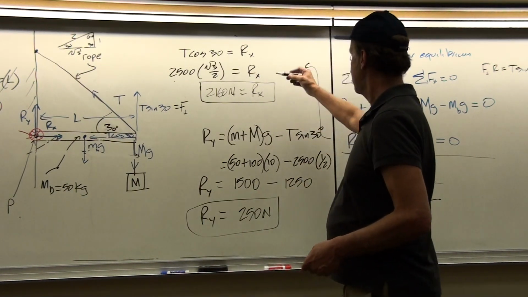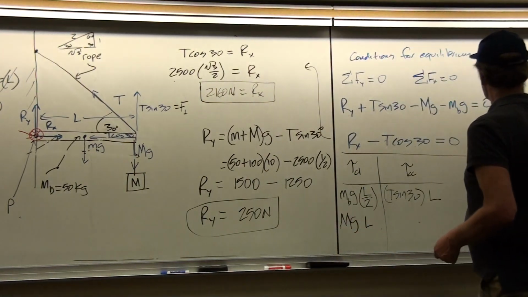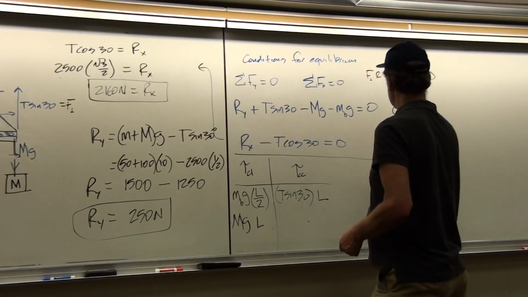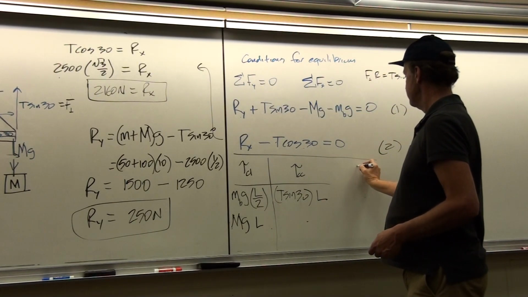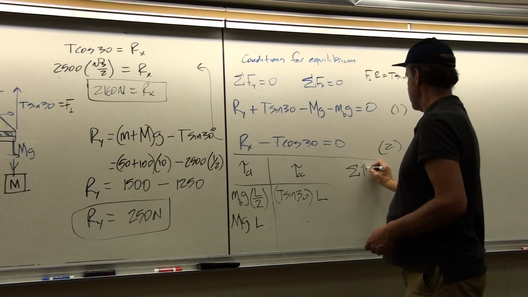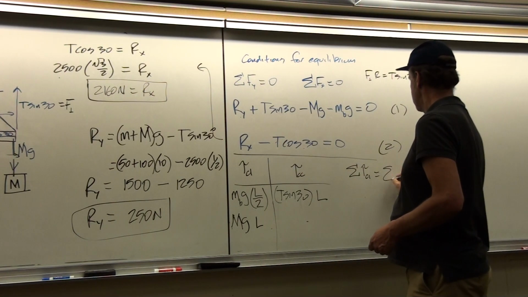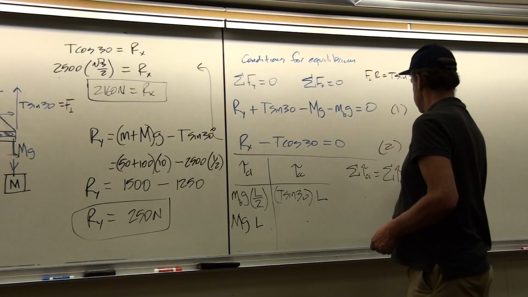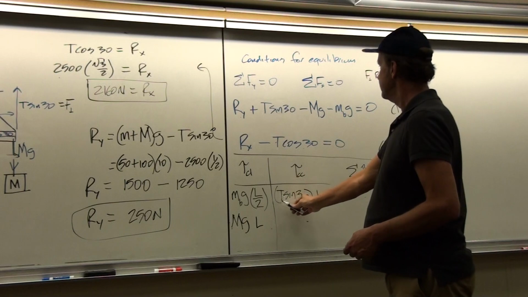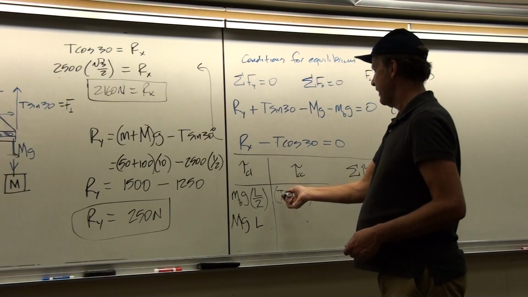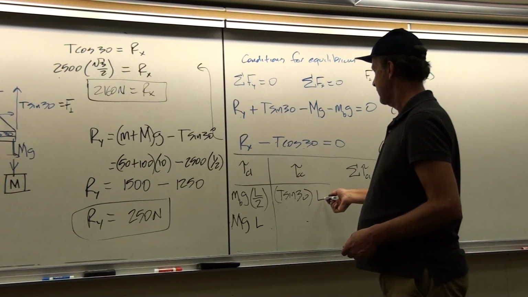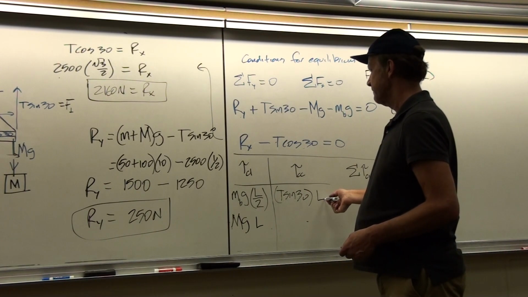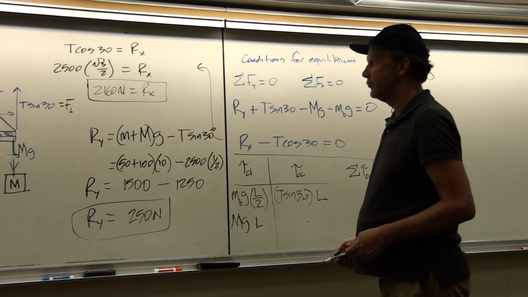So now we've solved our three equations. This is equation 1, this is equation 2. Those are our conditions of equilibrium. And our third equation, which is the sum of the clockwise torques equals the sum of the counterclockwise torques, using the fact that torque is F times the sine of theta times our radius vector r, gives us our three unknowns.